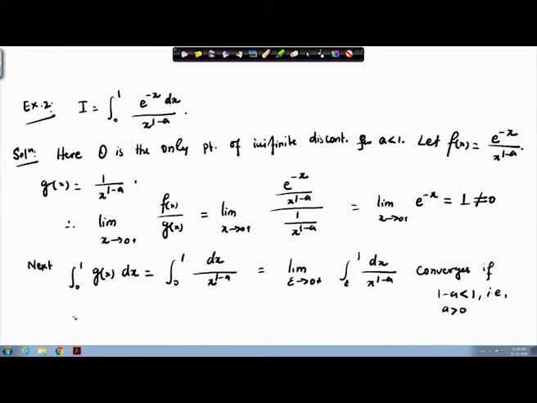So, which means that integral from 0 to 1 g x dx is convergent for a greater than 0. So, for all a greater than 0, and hence